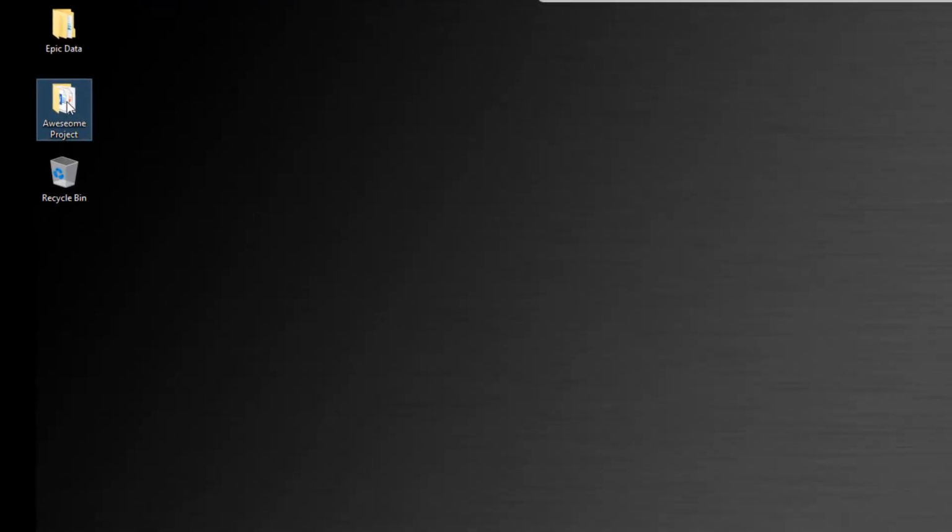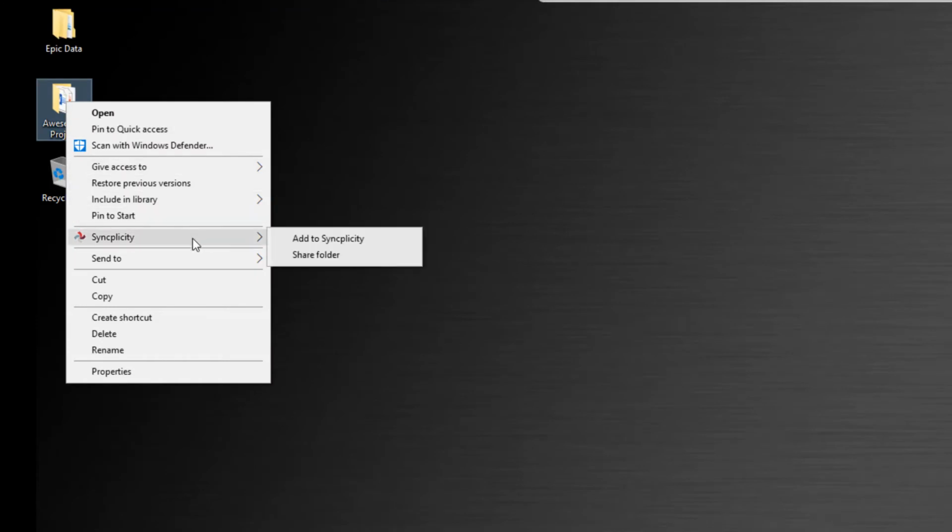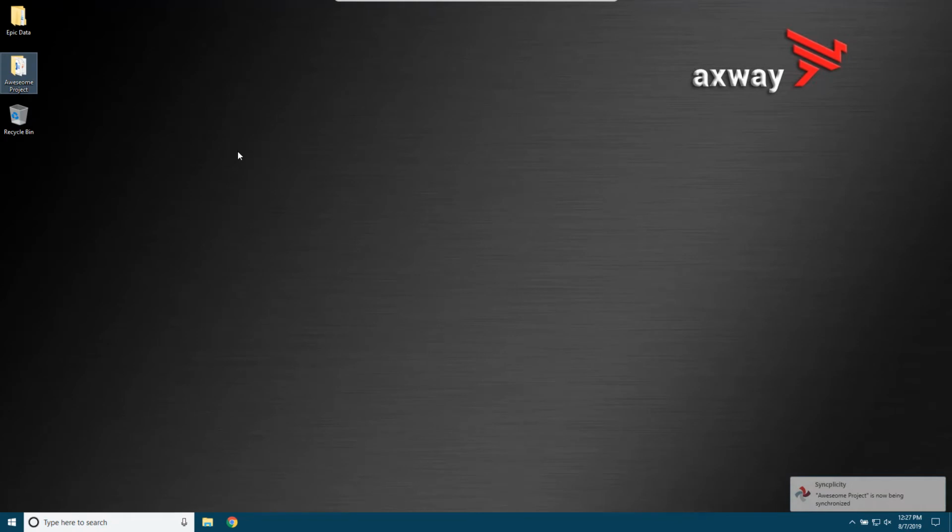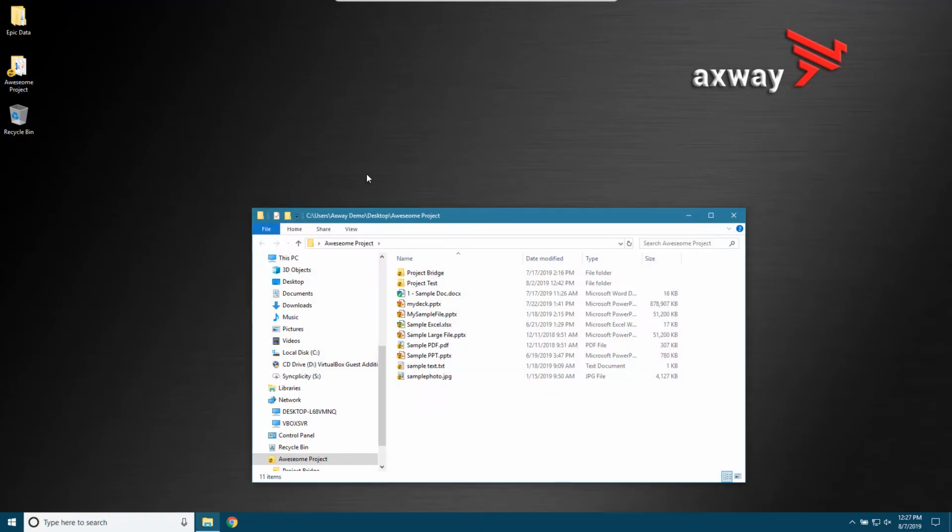If you've got the Windows desktop client, it's easy. I'm going to show you how: you can right-click any folder, go to Syncplicity, and choose Add to Syncplicity. Once you've done that, you're going to see the notification here on the bottom right corner of the screen, and you're going to get this little sync icon here. If we were to open the folder,